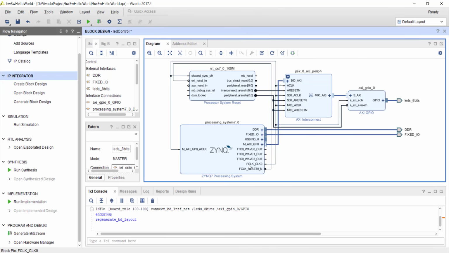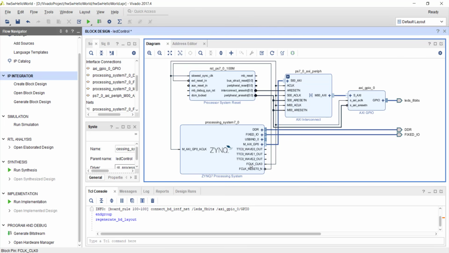So you'll see a signal here, FCLK clock 0, and this is the output from that, and you will see that signal is actually connected to the clock signal of the GPIO. Okay, so again Vivado automatically does it for you. You don't have to do any clock constraint here because the clock is not coming from an external pin, and you